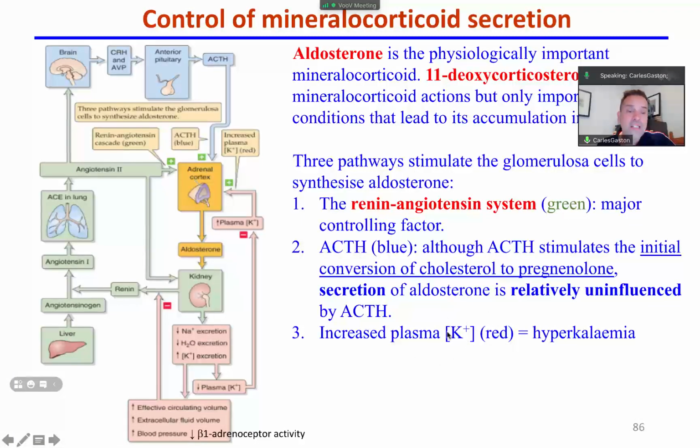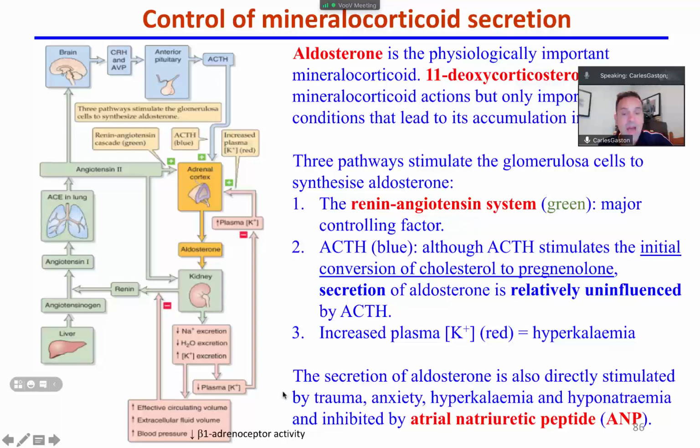an increase in plasma potassium, which you can see here in the pink or red, leads to hyperkalemia. And then the secretion of aldosterone is also directly stimulated by trauma, anxiety, hyperkalemia, hyponatremia, and inhibited by atrial natriuretic peptide, ANP. Right? We're not going to go too deep into this, but what you guys need to know